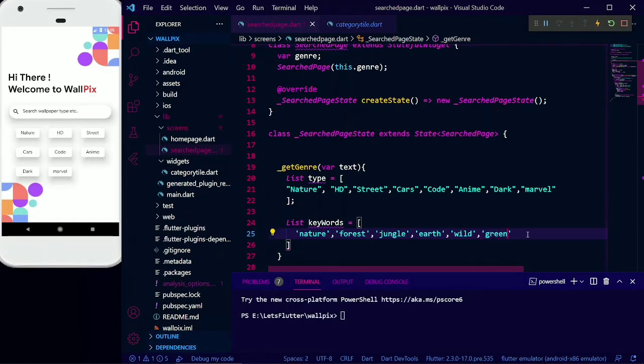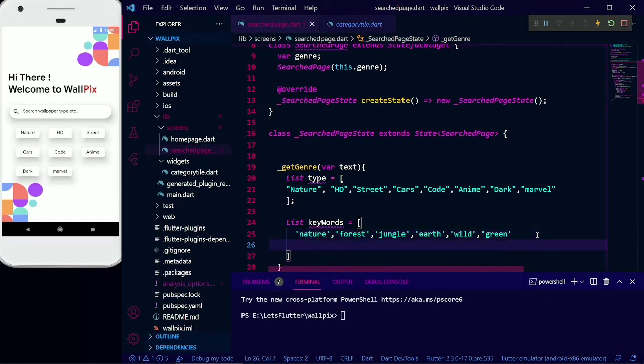You can add more keywords for nature; just for showing, I am using 6 over here. But if you are making a very advanced app, I would recommend giving at least 20 or 30 keywords, so that it will not give an error when the user types anything.